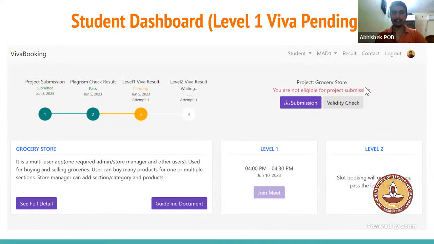So once you have selected the slot, this is the kind of interface that you will get. So let's say you selected the slot for 10th of June between 4 and 4:30 p.m. It is basically showing you the timing and the date. Apart from that, after some time, we will also update the meeting link for that particular slot that you have